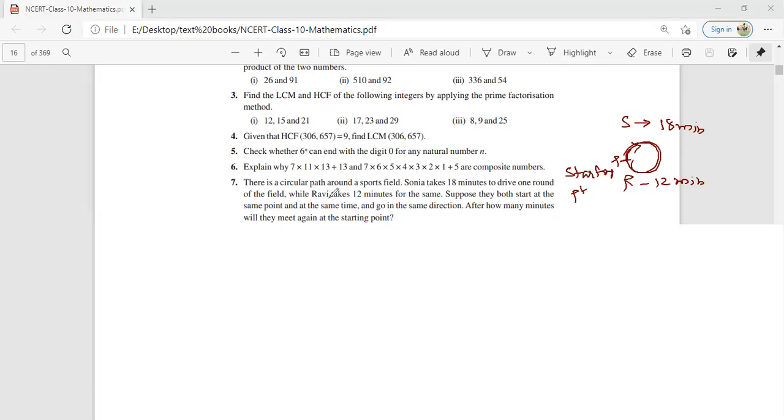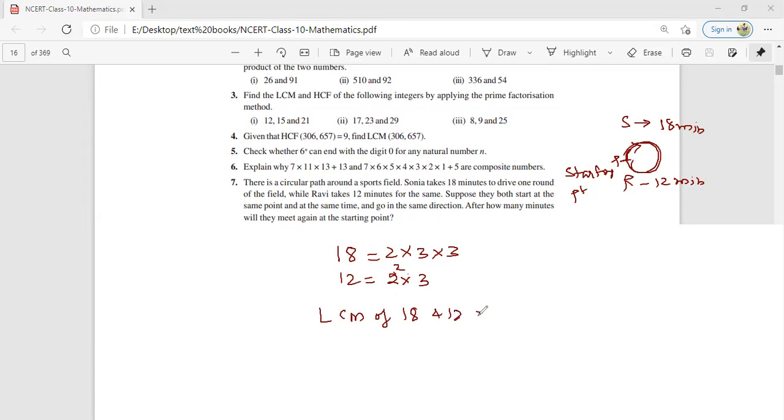Yes, so in this case we have to find the LCM of 18 and 12. So we will find the factors of 18. Factors of 18 are 2 into 3 into 3. And factors of 12 are 2 into 2 into 3, 2 raised to power 2 into 3. So we will find the LCM